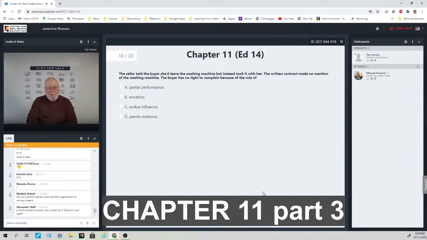Number 10, the seller told the buyer she'd leave the washing machine, but instead took it with her. The written contract made no mention of the washing machine. The buyer has no right to complain because of the rule of